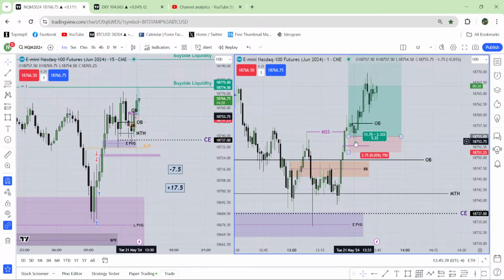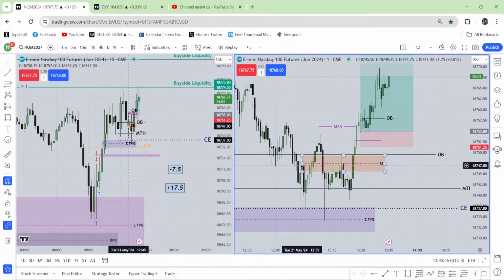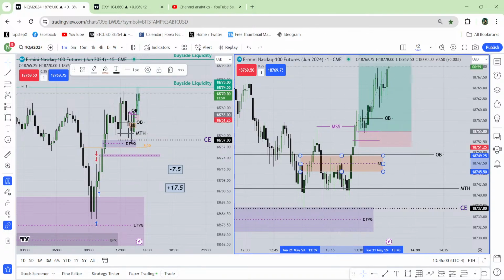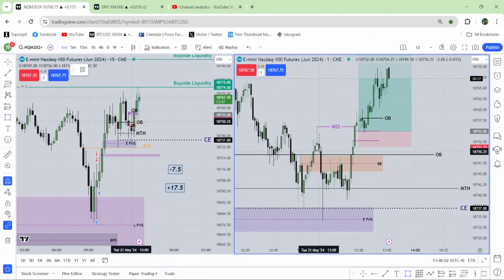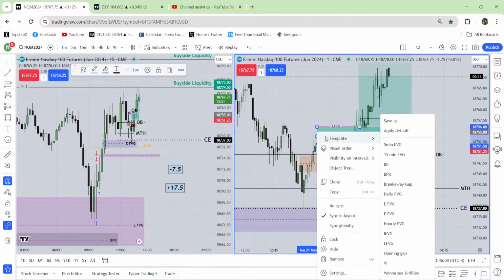Now this is a perfect setup, but you have to be very careful about the entry. Okay, here you can't wait for the entry fair value gap. You just can't wait for that entry fair value gap because of this breaker. So you have to understand the fact over here. In this type of area, I have marked this one as my breaker block, but there is another breaker block. If you want to mark this one, this is also a breaker block. See this one, this is also a breaker block. Why?